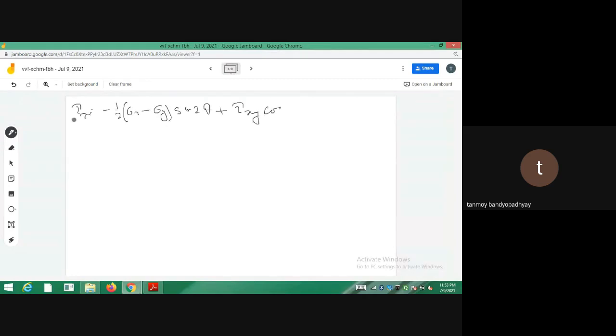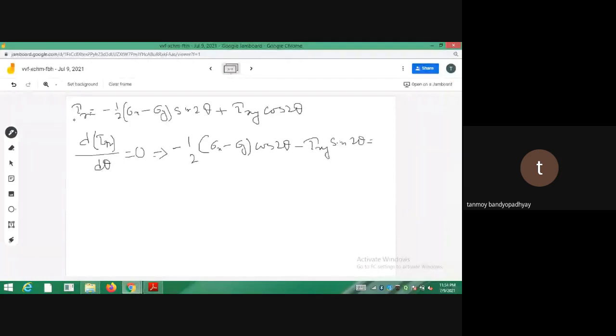So let's now find on which plane the shear stress tau n is maximum. For that we have to put d tau n by d theta equal to 0. You can do it at your home. It should be minus half of sigma x minus sigma y into cos 2 theta, minus again tau xy sin 2 theta, and that should be equal to 0.